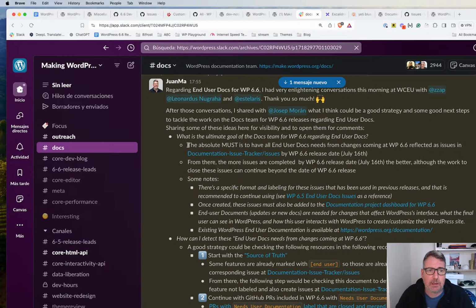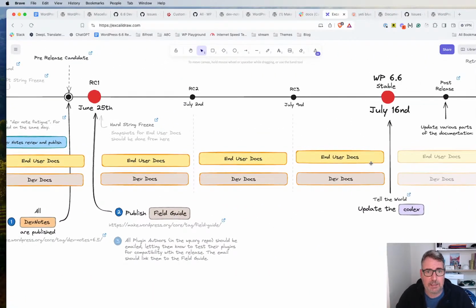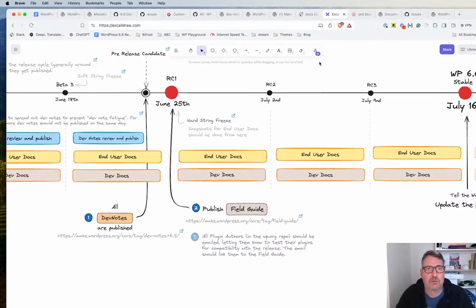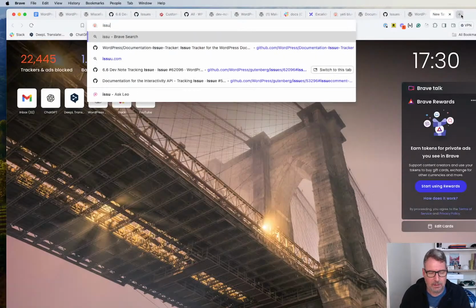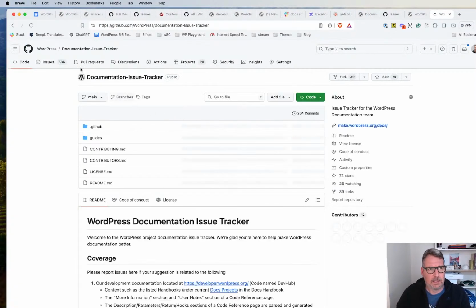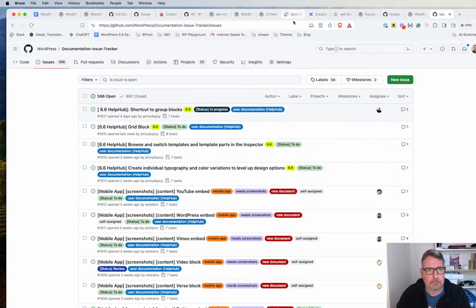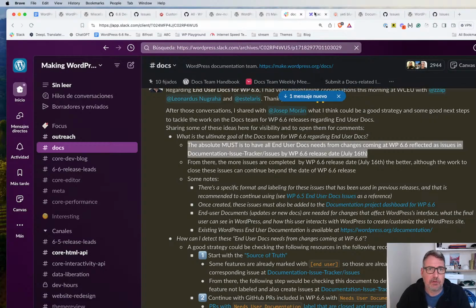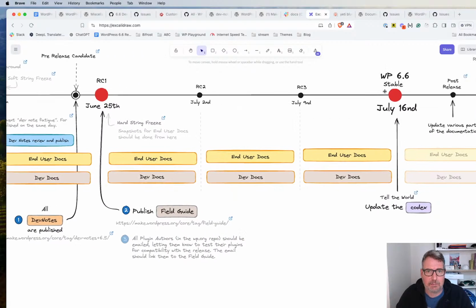So the most important thing to do is to have the issues created by the time of the final release. So by this time, all the issues needed for end user docs are to be created, and the issues need to be created here in the repository. So that's the most important thing, and from there, the more issues are completed, the better. But at least by the time of the release,